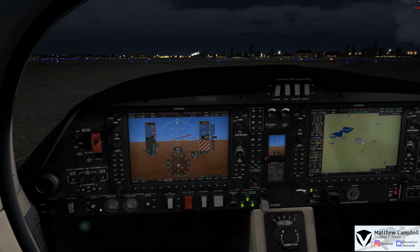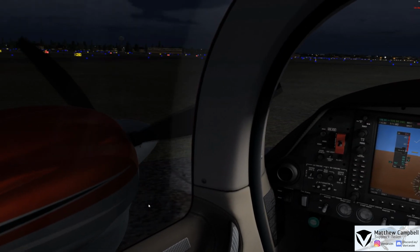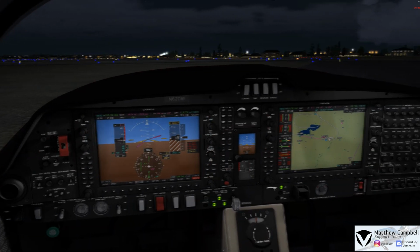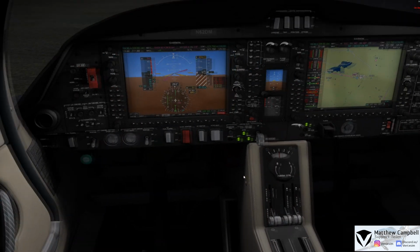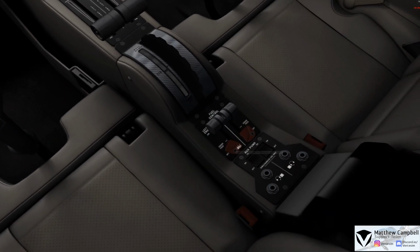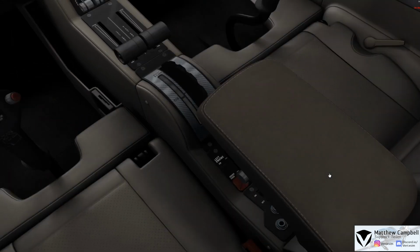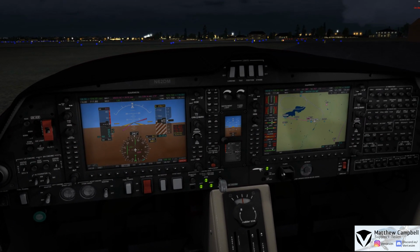For the shutdown checks, I'll go ahead and come here and turn off both masters on the left and right engine, and then we'll have both engines stop here. At which point we can verify both engines are off and stopped. We can then go ahead and turn off the alternators for both engines, go ahead and take off the safety guards, and put the fuel control back into the off position. Close up our center console there, verify the engine levers are still idle, and gear is still down, flaps are up,